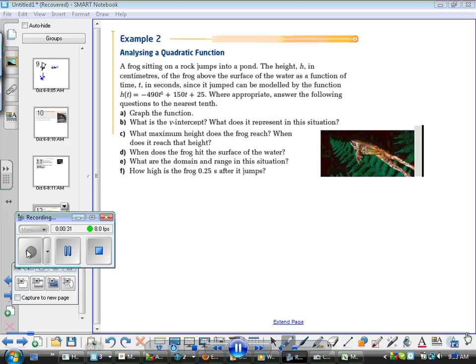So this is going to be a quadratic function that will be modeled by a parabola. That's going to be the case for anything basically that's moving through the air and the only force acting on it is gravity. So you'll learn that in Physics 30. So we'll start here by